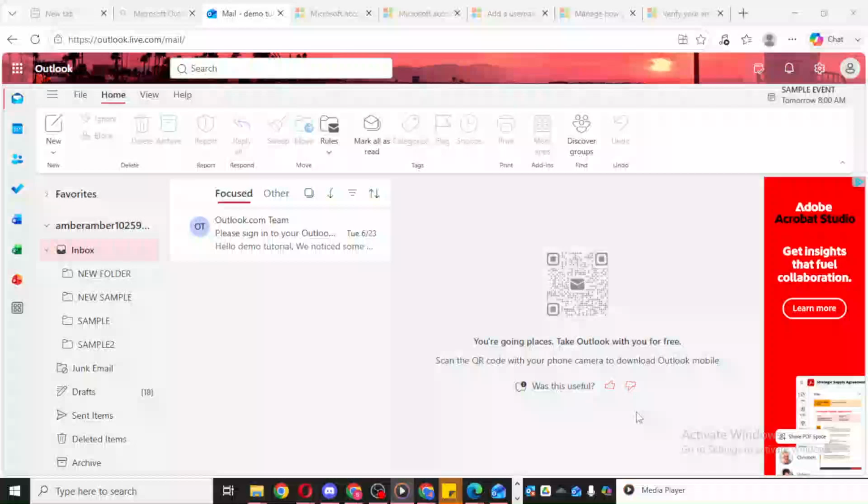In today's video, I'm going to teach you how to change the folder pane in Outlook. If you want to customize the way your folders appear in Outlook, this is a quick setting that can make a big difference in how easy it is to navigate your mailbox. The folder pane is the area where you usually see your inbox, sent items, drafts, and any other folders you've created.